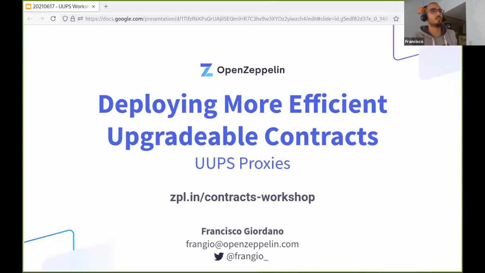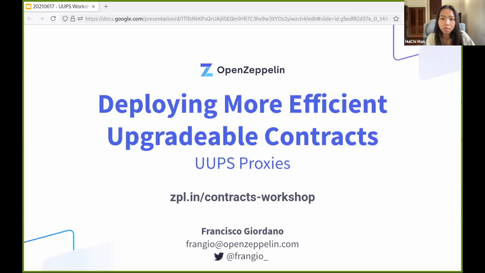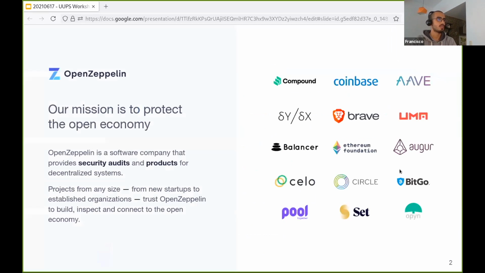Cool. So we're here today to talk about upgradable contracts and sort of what's new in that domain. We recently released this new kind of proxy called UUPS Proxy, and we're going to be talking about that a little. So as I said, I'm Fran, I'm with OpenZeppelin, and we work to protect this open decentralized economy built